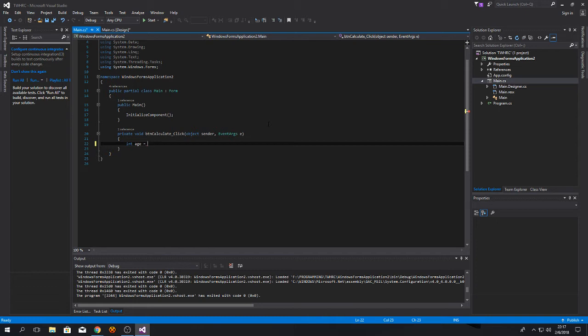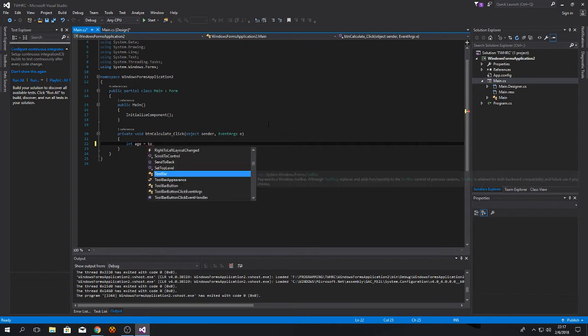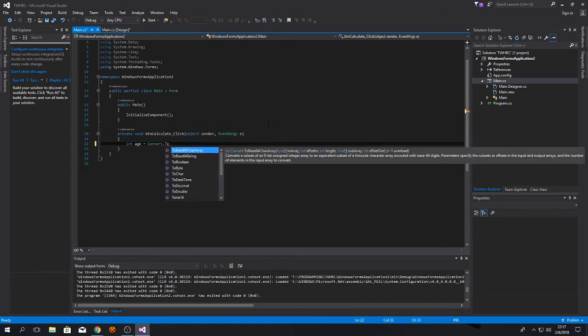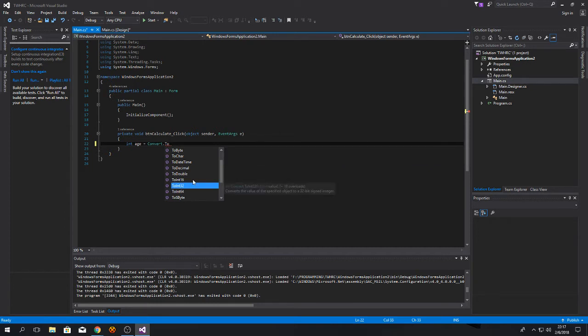In this case, the value is going to be Convert.ToInt32. And this is a method. And the reason why I have to do this is because what the user enters into the text